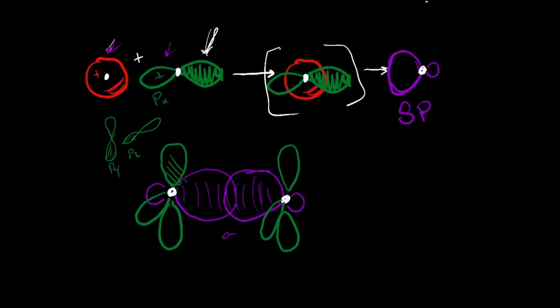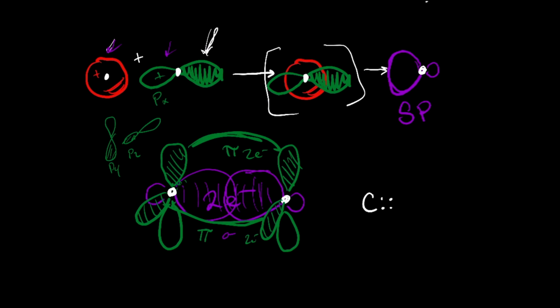And if these are the same phases, then guess what? You get a pi bond here, and you get a pi bond here. So what have you actually made? If you want to draw the Lewis dot structure, there's 2 electrons in this orbital, 2 electrons in that orbital, and 2 electrons in here. And then there's nothing connected out here, right? You've got 2, 4, 6. So each of these carbons right now does not yet have a full octet. 2, 4, 6. And then it's missing something,